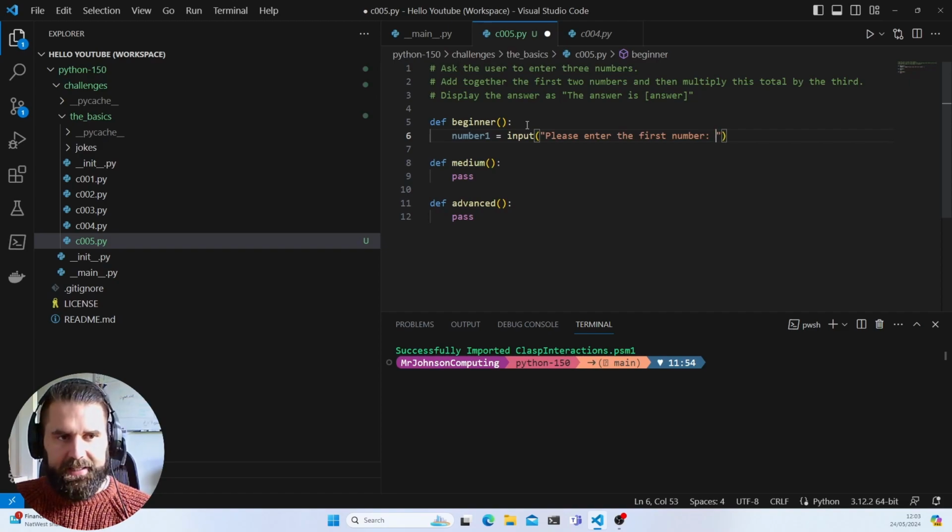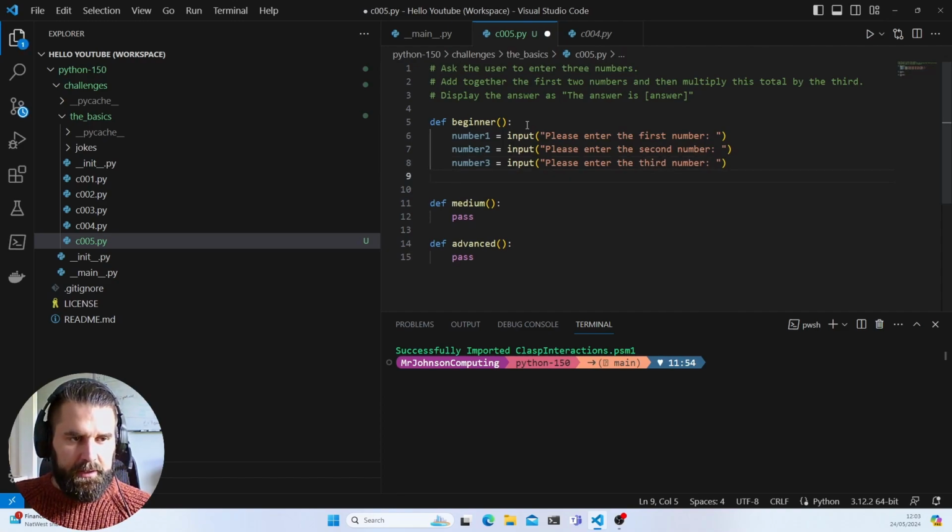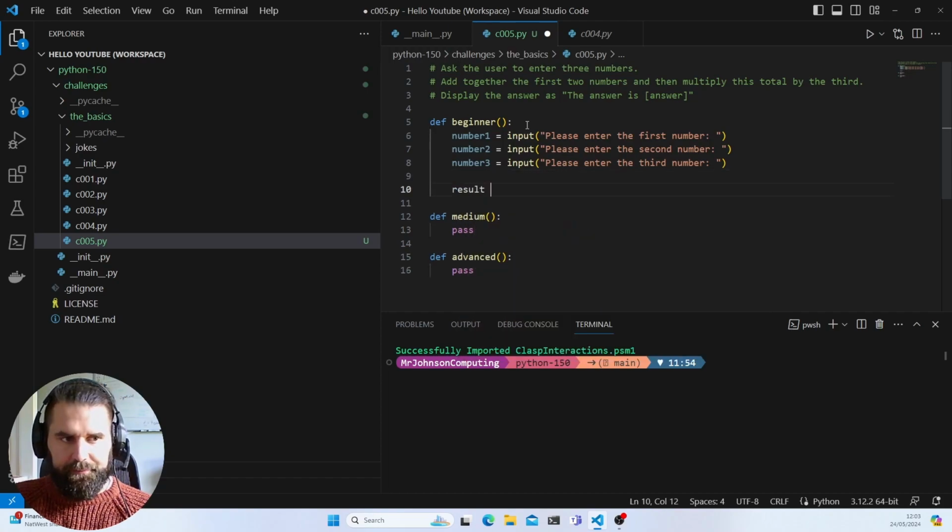And I guess we've been doing enough of these that we'll format it nicely as well. Then we're going to do second number, number 2, number 3, and third number. Cool. And then we are going to have our result, which is equal to number 1 add number 2